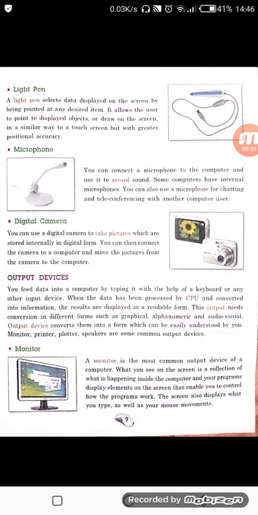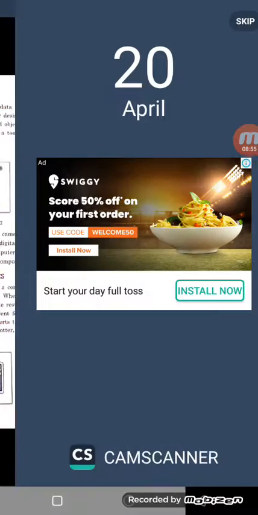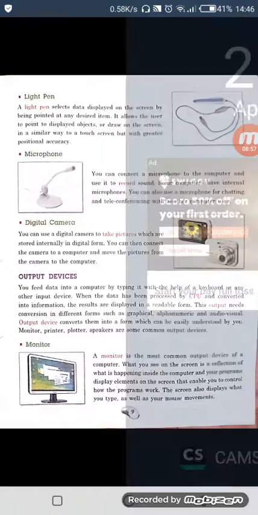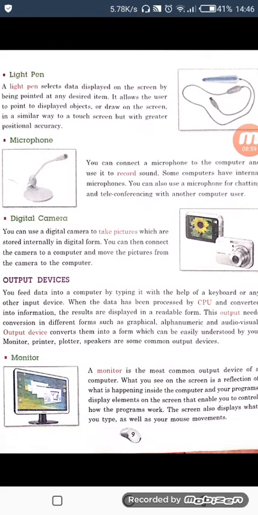See, here your monitor is given. First of all, just go through this monitor. A monitor is the most common output device of a computer. What you see on the screen is a reflection of what is happening inside the computer, and your programs display elements on the screen that enable you to control how the program works.